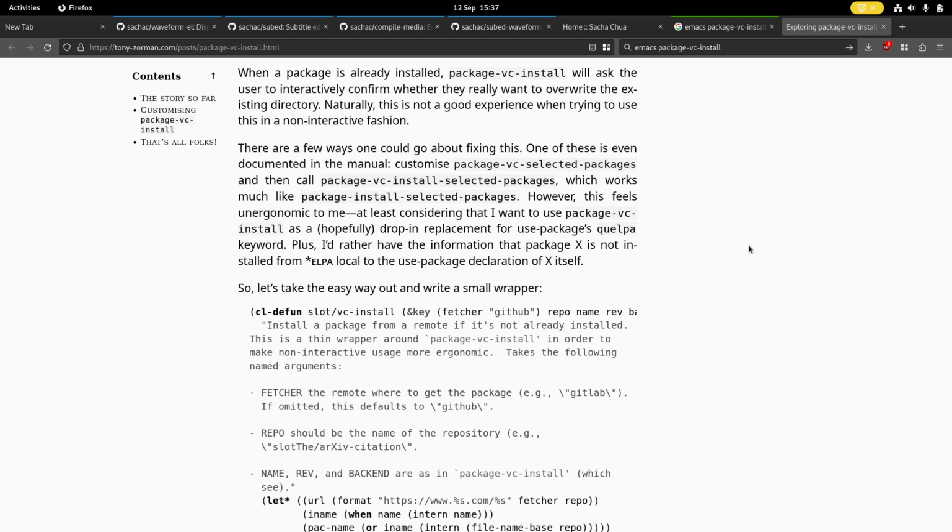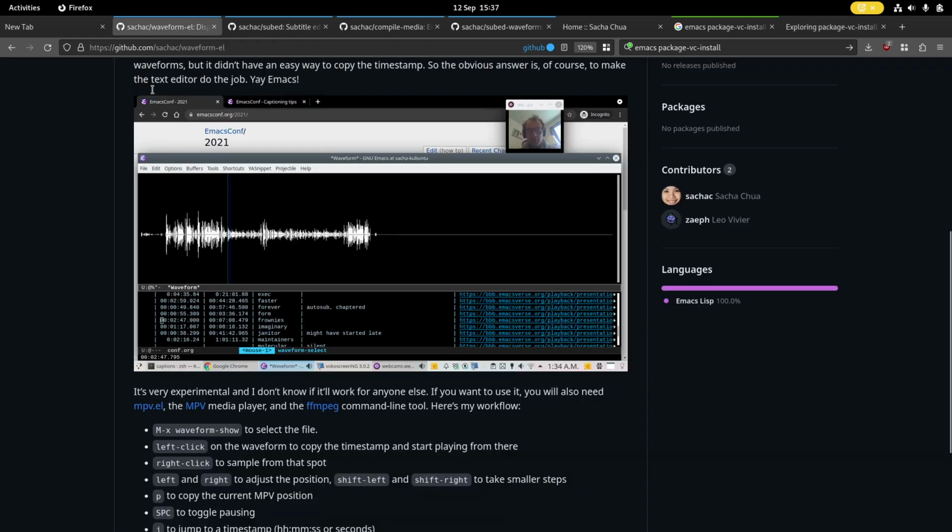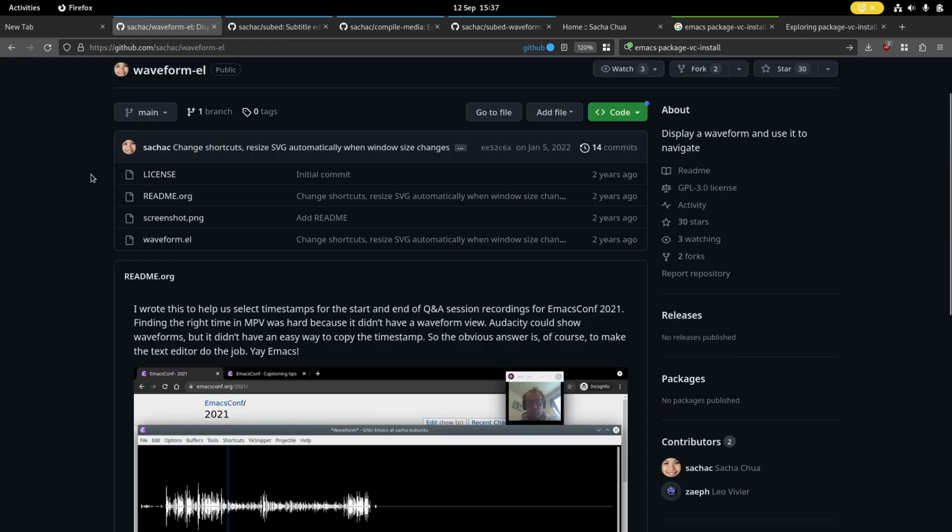Hope that helps you install more packages on Emacs that aren't on Elpa or Melpa, and some of the ones that are worth having a look at. Definitely have a look at some of these packages by Sacha Chua, waveform-el,